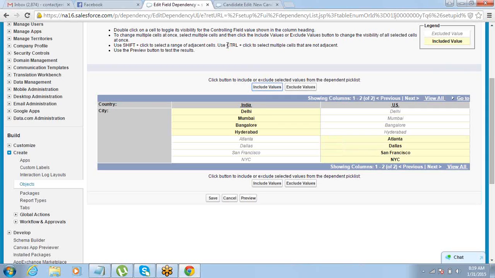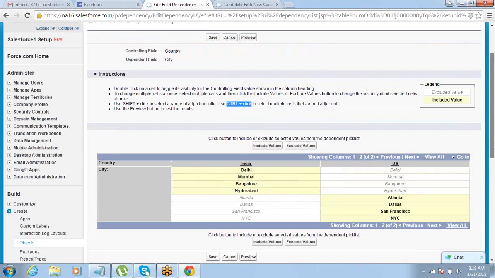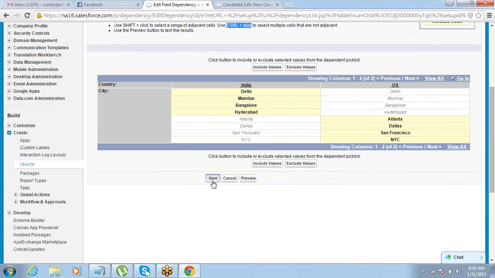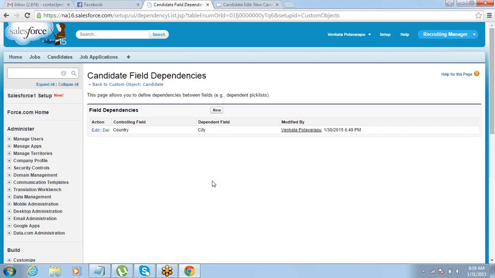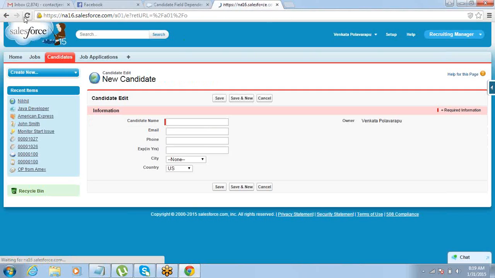To select multiple, you can just press Control and click, and this will get selected. Once you have selected, just click on include values. It will become this yellow colored thing. Now you can save it. So field dependency has been included now. Now if you refresh it,